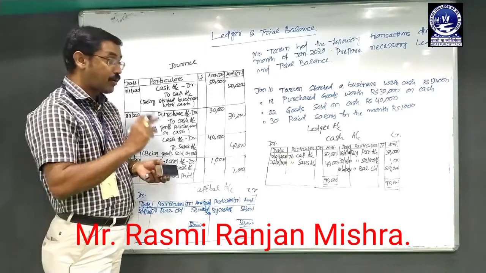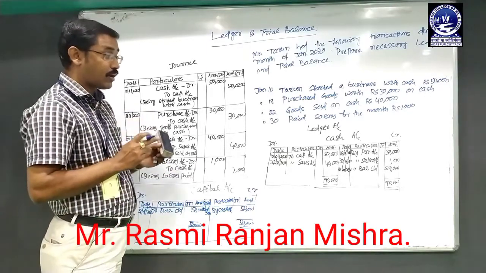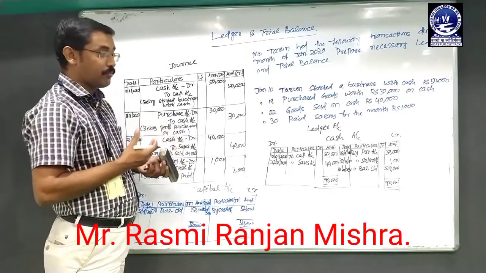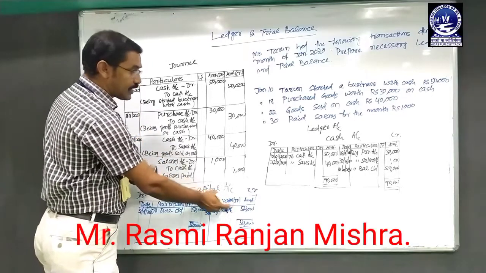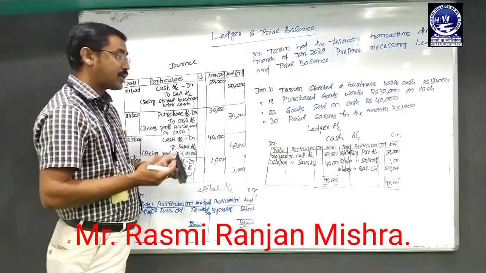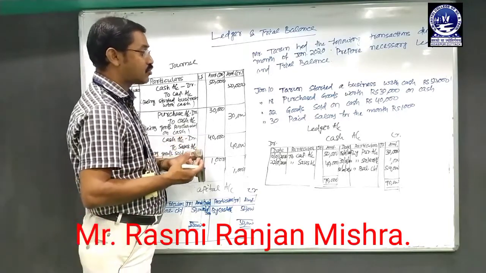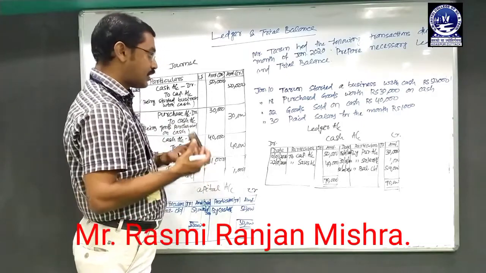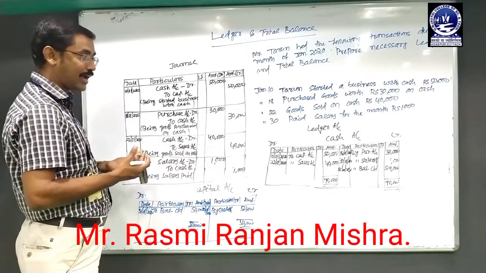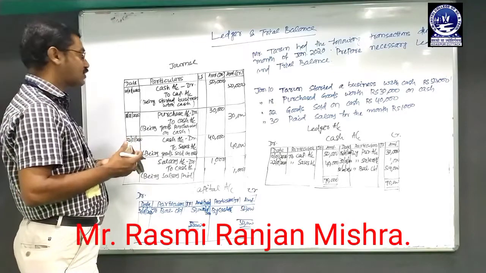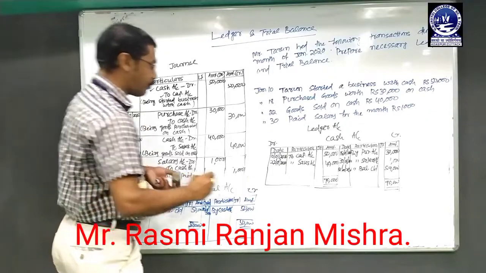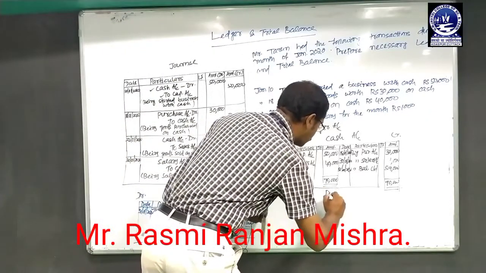And one more point that is important to remember: in a ledger account, which side is more and how much more, that shows the type of balance. If in the capital account the credit side is more and that is 50,000, that means capital account shows credit balance. The account showing the higher side has that balance. If an account shows debit side higher, that is debit balance. If a particular account shows credit side higher, that shows credit balance. And by how much that side is higher, that amount will be taken as the balance. So cash account completed, capital account completed. Then the next one is your purchase account. We have to prepare the purchase ledger account.